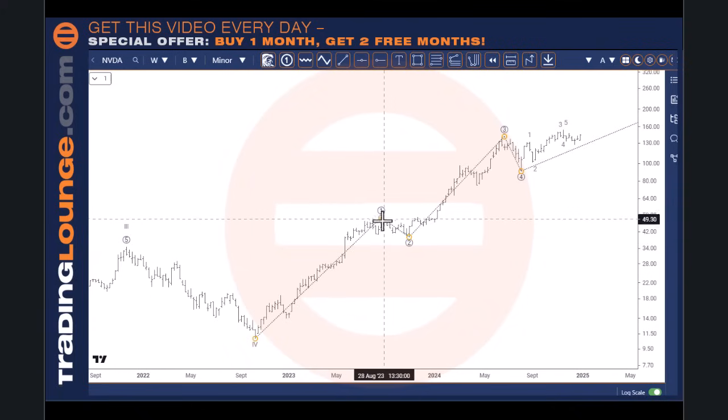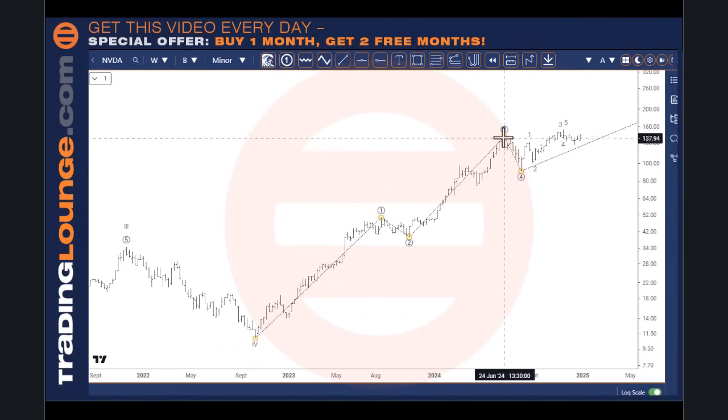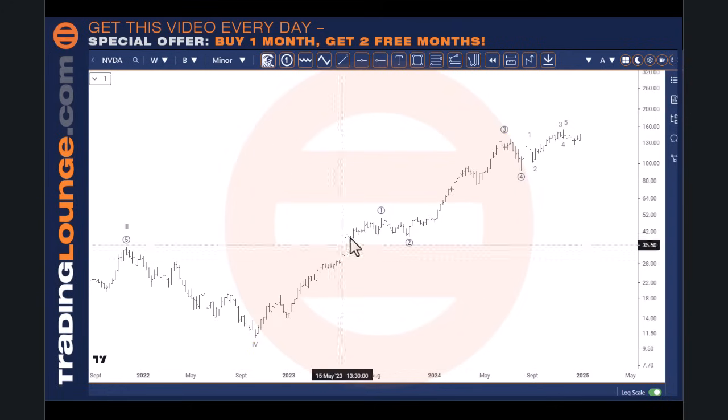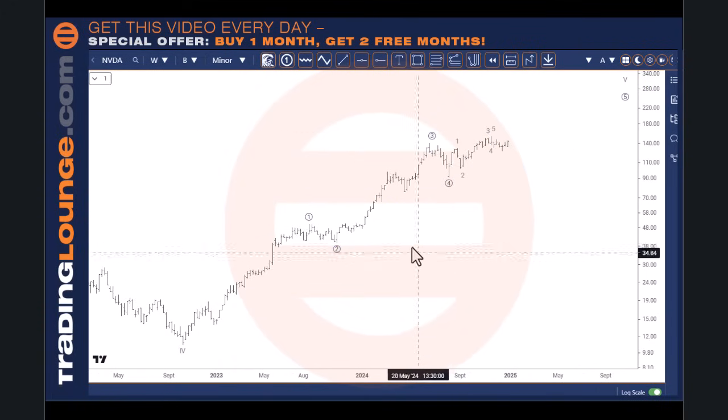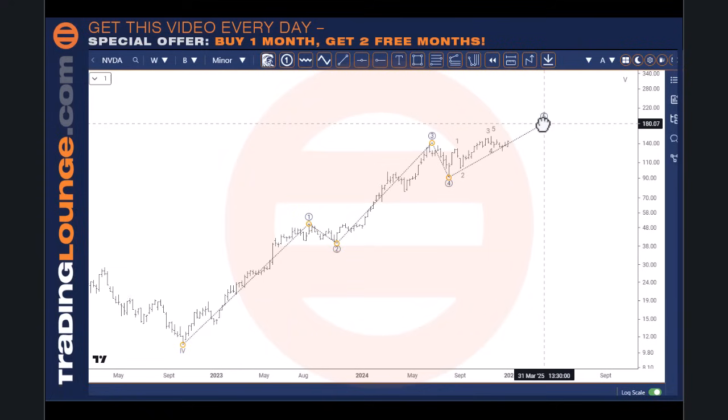It's quite large. And then it's also quite clear between this move here and this move here that we have 5 waves as well. So it's 1, 2, 3, 4, and 5 here. Now, I've got it as wave 3 here. Now, it is shorter than wave 1 here. That means that wave 5 would need to be shorter than wave 3, okay? So wave 3 can't be the shortest, so that means wave 5 up here would need to be the shorter wave. So I could put wave 5 top in here, but that wouldn't suffice at the moment.